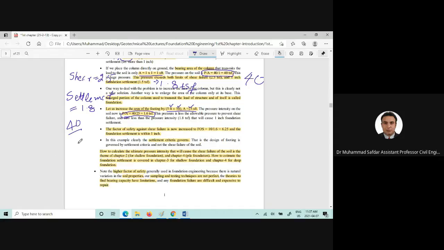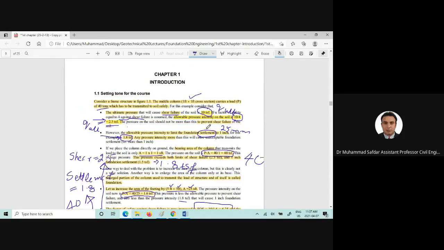I would write somewhere here 1.6 TSF. Now you can clearly see that 1.6 ton per square feet is less than this criteria, which is 1.8. It is also less than 2.5. Agree? So now we are good, and the factor of safety is increased, because if you divide that 10